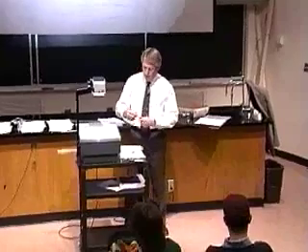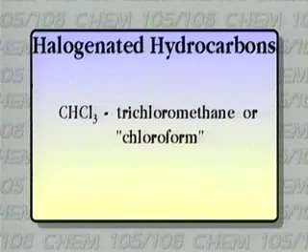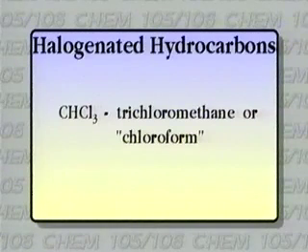dibromomethane. Another halogenated hydrocarbon that you may have heard of before is the one in which we take methane and replace 3 of the hydrogens with chlorines. Has a chemical formula CHCl3. Chemically, we would call it trichloro, because now we're using chlorine, trichloromethane. And trichloromethane has a more common name of